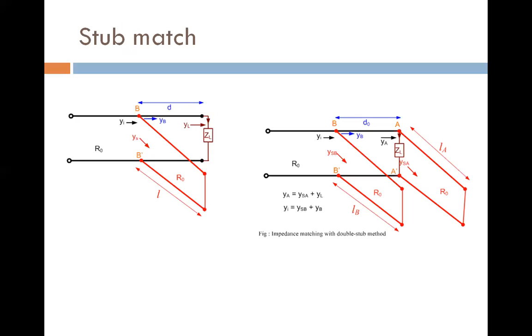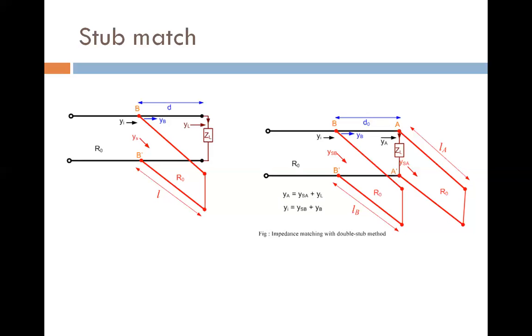In the lower RF spectrum, a load can be matched to the characteristic impedance of the transmission line by tuning out the load reactance and then transforming the resistive component of the load impedance to a value equal to the characteristic impedance of the line. At higher frequencies like VHF and microwave, the method used to match the load to the characteristic impedance of the transmission line is known as stub matching. The stub may be open or short circuited, but generally short circuited is preferred because an open circuit stub tends to radiate energy from its open end.